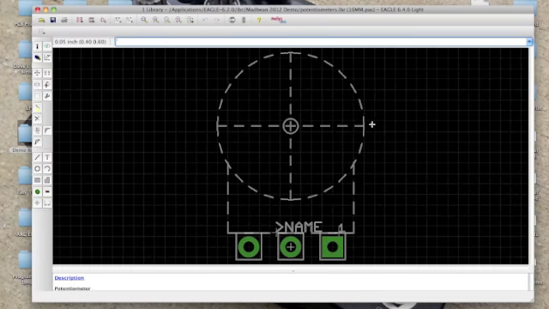So, for example, here's a package view of a 16mm pot. If we look at this carefully, you'll see that there's a basic graphic representation, and then down here there are these green parts that are the pads, and we've got some text. We've also got a number here which corresponds with the pad, and it will help determine where pad lug number 1 of the potentiometer would be on both your schematic and